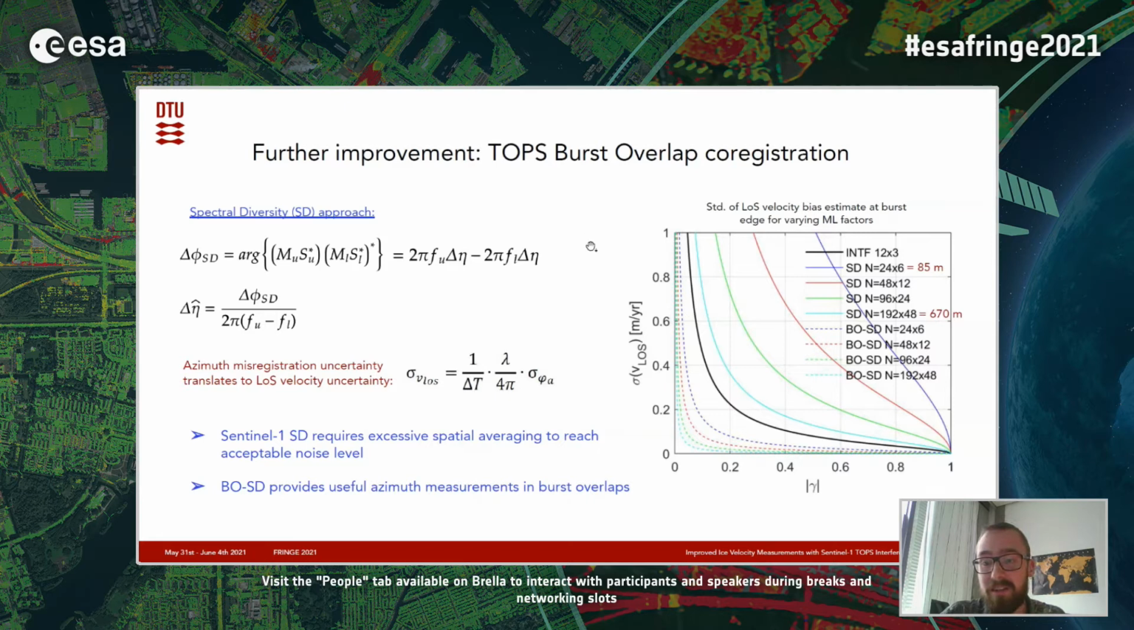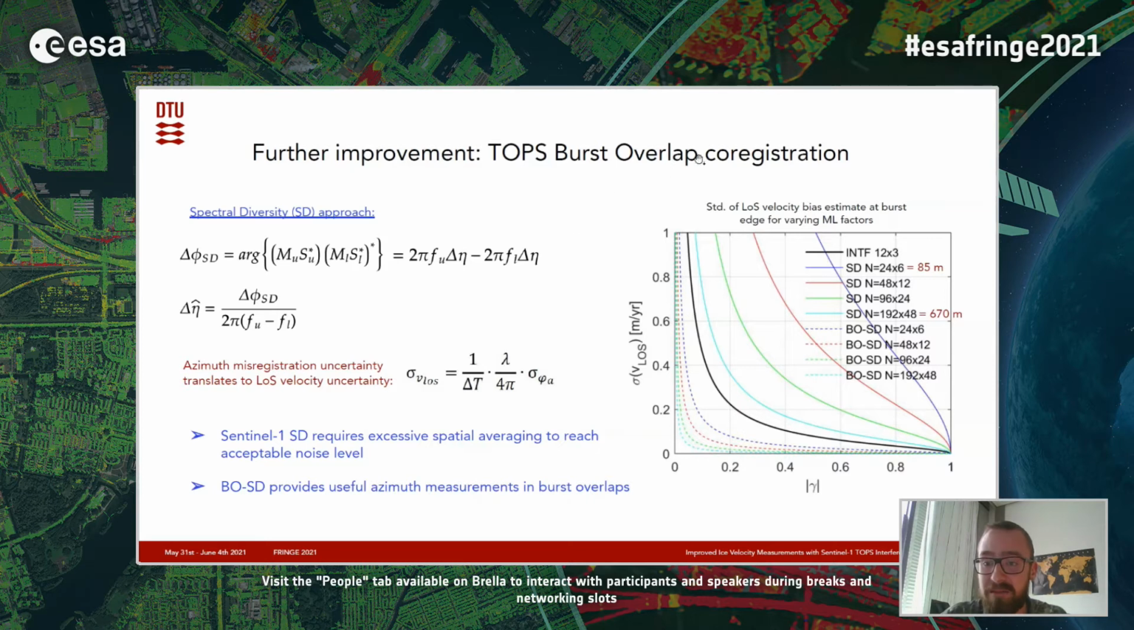The second technique that can be applied, however, is spectral diversity within the burst overlaps, where we already, without bandpass filtering, have measurements looking forward and measurements looking backward. So there, without bandpass filtering, we can simply form a double difference interferogram where we have sensitivity to azimuth motion and, in principle, also to any ionospheric effects that may be in the scene. The plot here to the right shows the azimuth misregistration uncertainty translated into an uncertainty in the line of sight velocity,